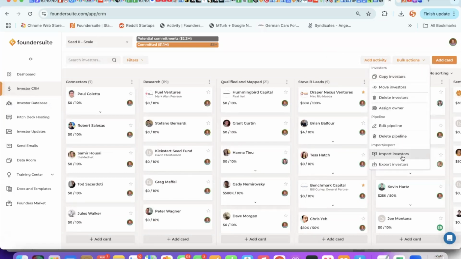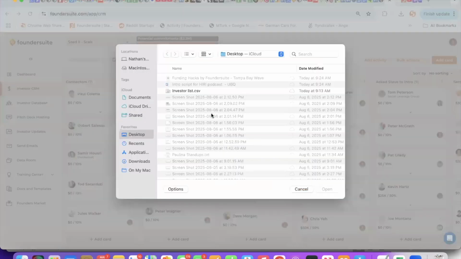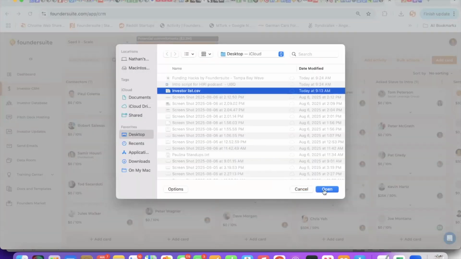Second option is importing a list of investors. Many people come to Foundersuite with a list they've already started working on. If you can get that list into a spreadsheet, into an Excel file or CSV file, you can import that. I do recommend checking out these tips. The more you clean up your file before importing and try to make it match the fields in our CRM, the better that import will go. But it's pretty straightforward. You click this, you click your investor list,